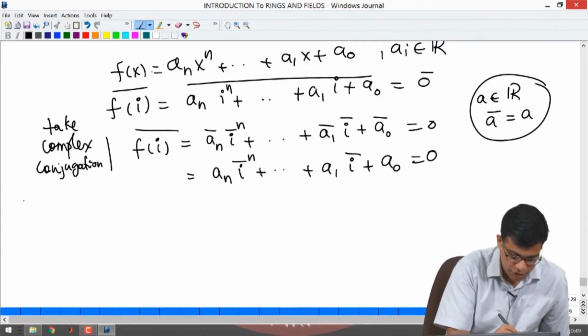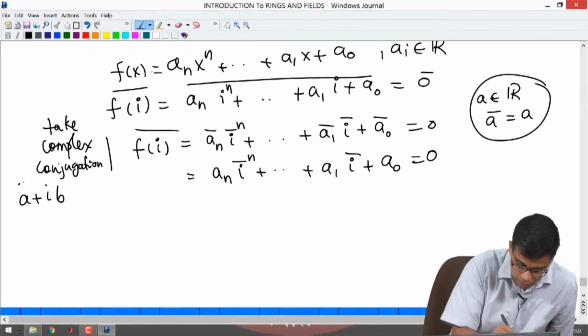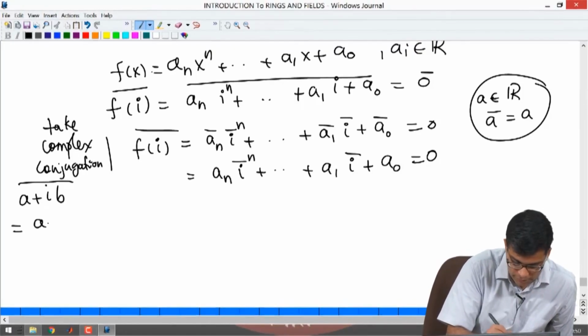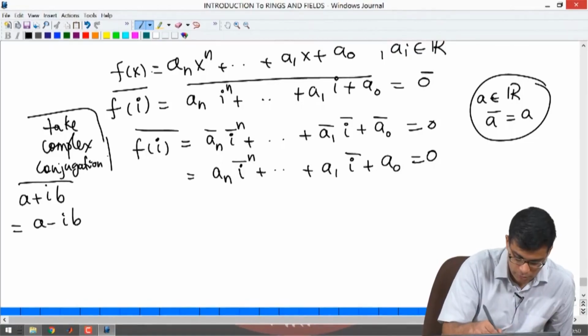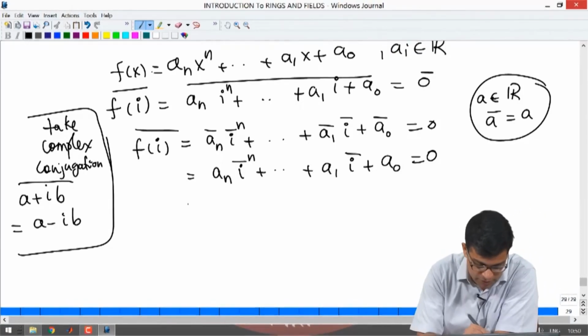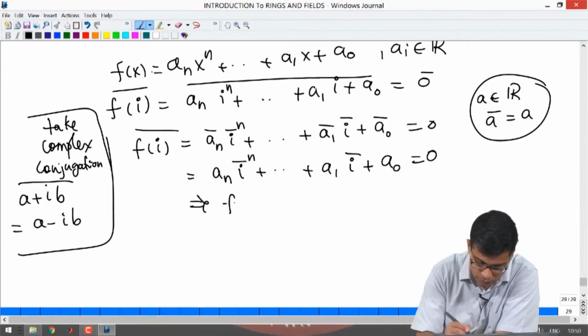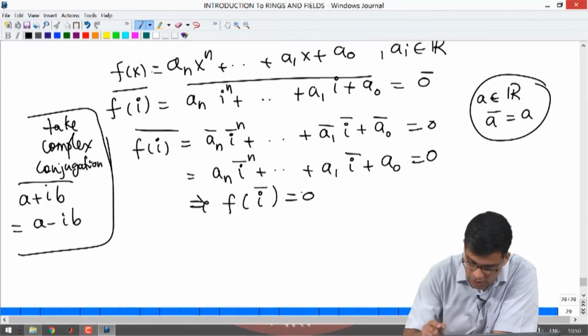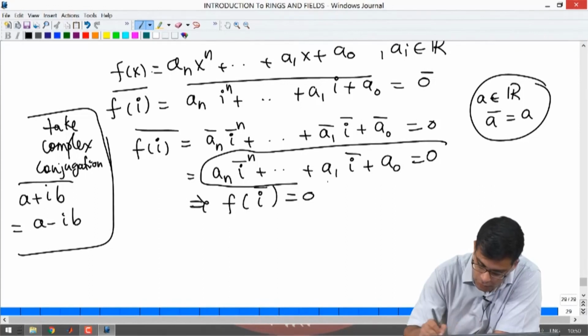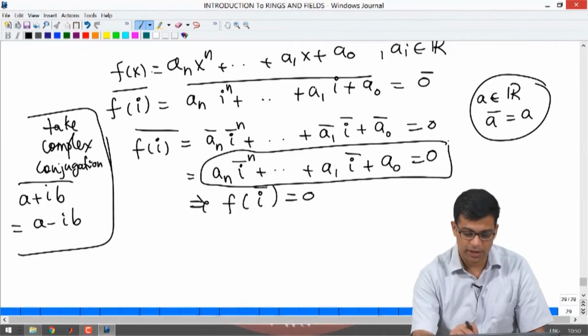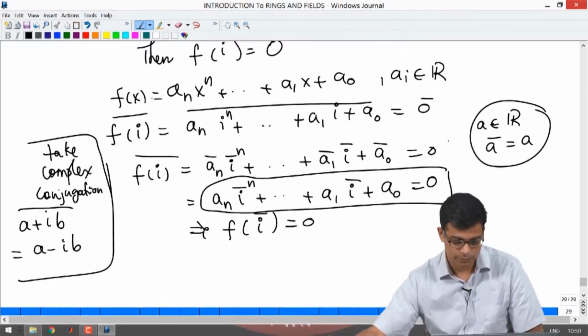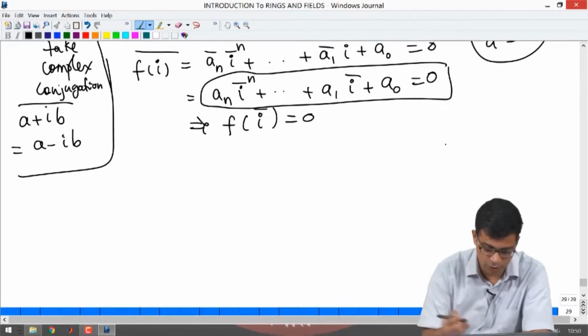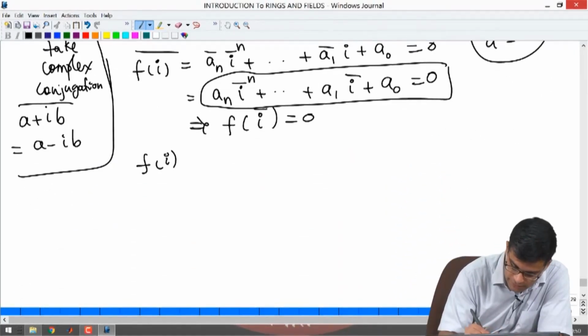What is the complex conjugation, by the way? The conjugation of a plus i b is a minus i b. But this means, right, because if you look at this, all we have done is replace x by i bar. So, f of i bar is 0. So, f of i is 0 implies f of i bar is 0,